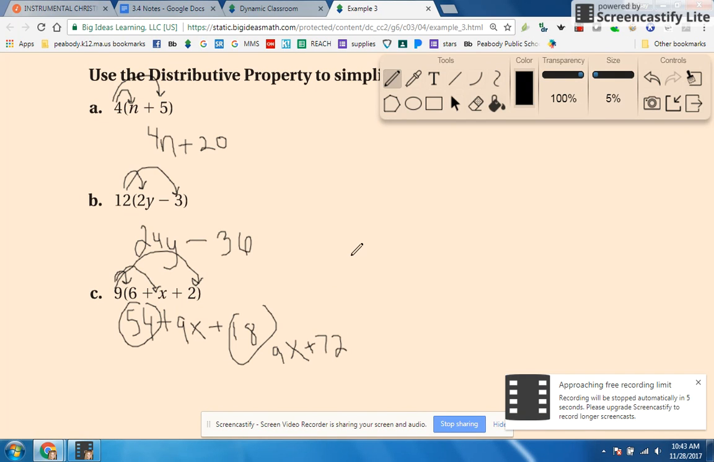So you can add constants anytime you want. You cannot add constants with coefficients. So I can add 18 and 50